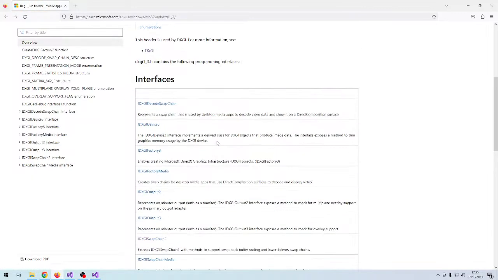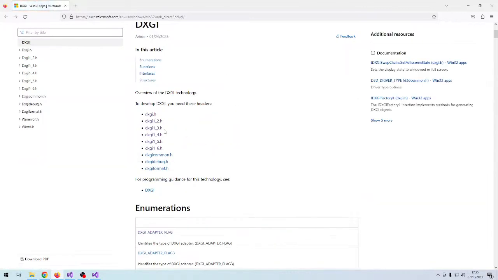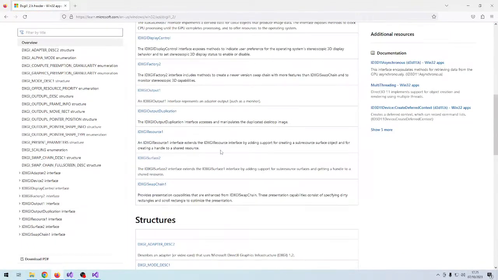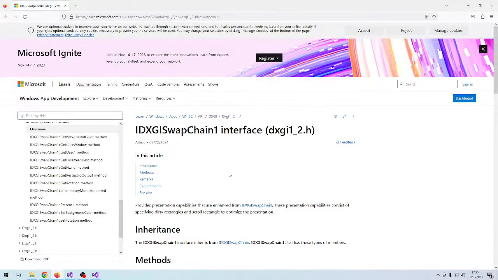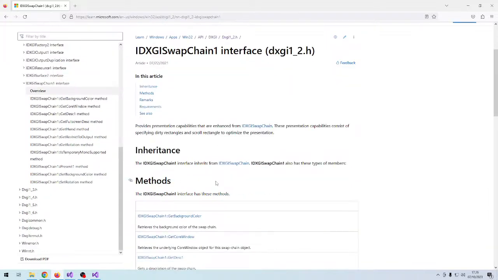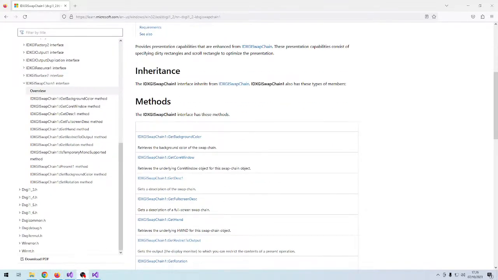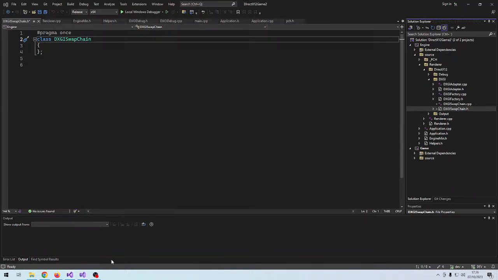Yeah, well, we might as well just go with the swap chain 1 version. It's not really that important for now to have any special functionality. So yeah,